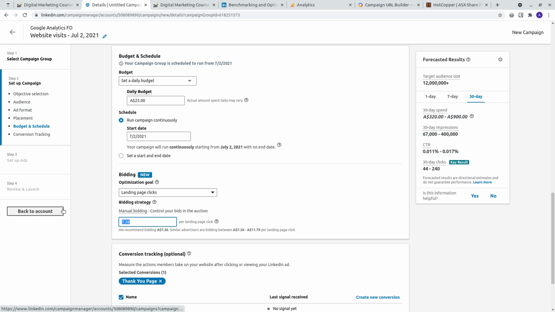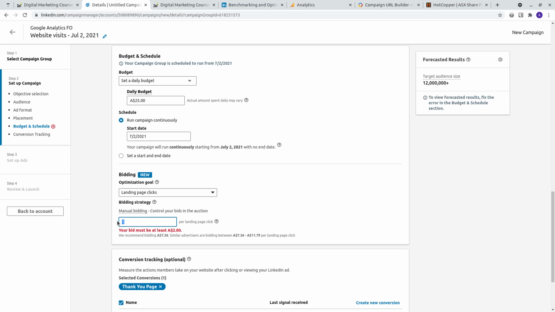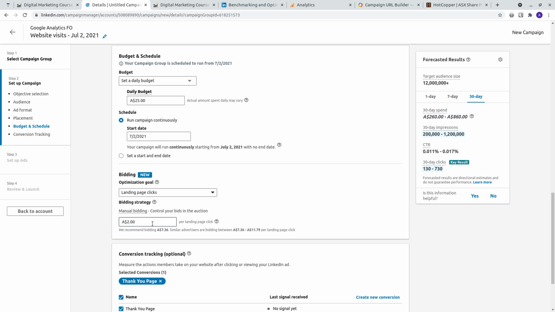The minimum bidding here, let's say, is, let's just get the number, which is $2. So I can bid a minimum of $2. One of the strategies that LinkedIn recommends for setting your bids is to set your bid to 110% of what this original bid is. So if they recommend $7.36, you add an extra 10% on top. If we add around 73 cents, we're looking at about $8.10 is what you start off bidding on.